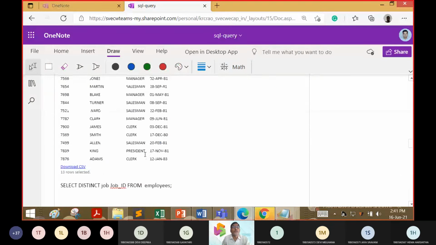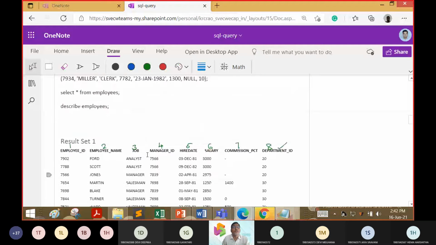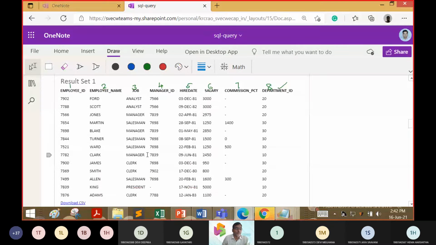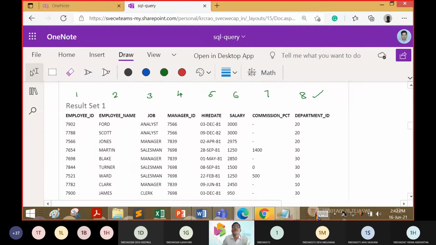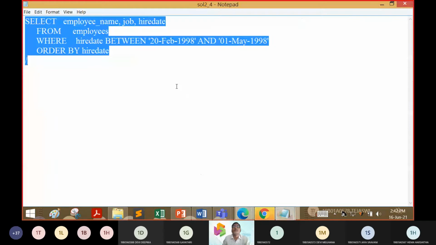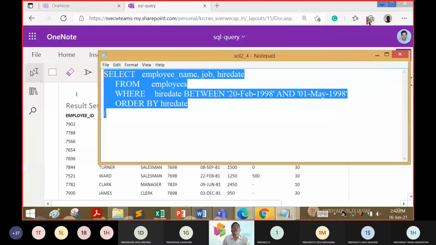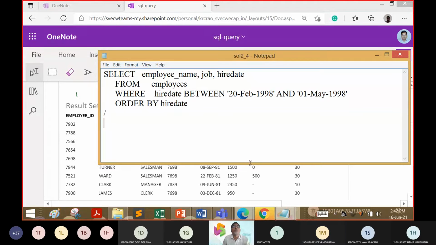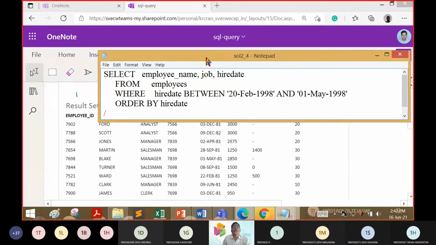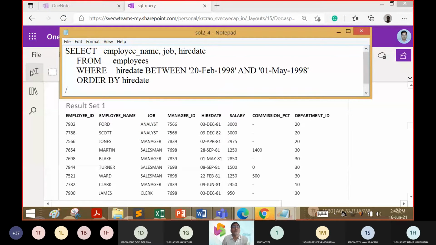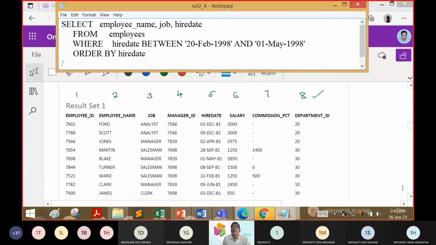I will show you the database again. Are you able to see the query? Yes, sir. Fine. Now I am done. Now you have to do.